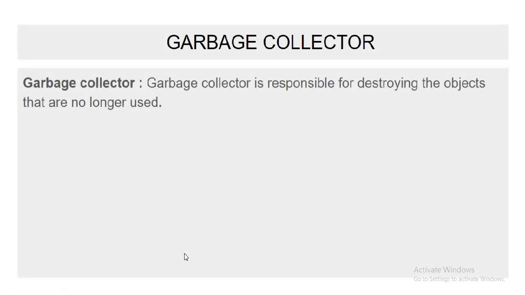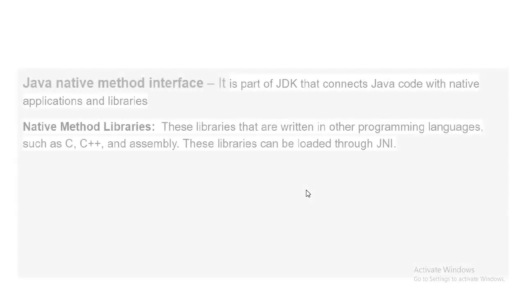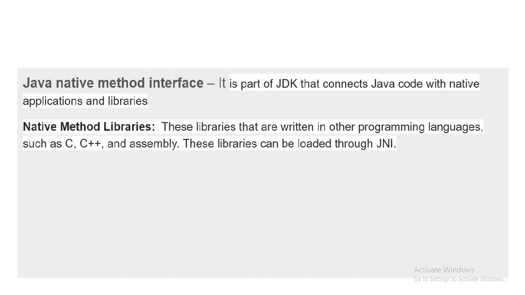Coming to the garbage collector, it is responsible for destroying objects that are no longer used. And we have another two things: Java Native Interface and native method libraries. The Java Native Interface is a part of the JDK that connects Java code with native applications and libraries. Native method libraries are written in programming languages such as C, C++, and assembly, and these libraries are loaded through JNI. Now I think you have got some idea about how the JVM architecture works and what the important